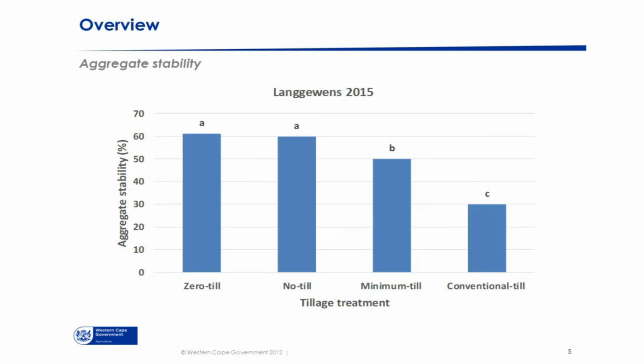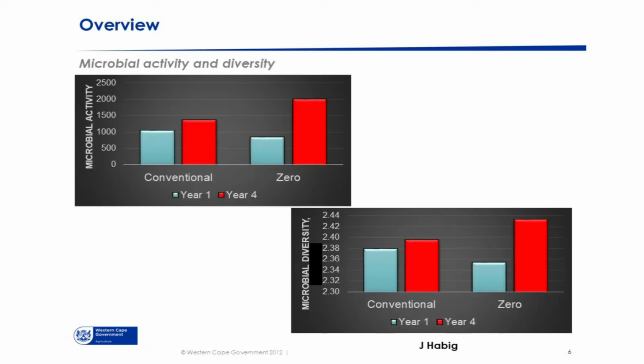Now, the increase in carbon content will also result in an increase in aggregate stability, and that means that the soil becomes more crumbed. The aeration of the soil is good. Here you can see when the soil is conventionally tilled, the aggregate stability decreases, and there are consequences related to that. Important, the microbial activity changes, and that is, if the carbon content changes and the aggregate stability changes, the microbial activity and diversity changes, and that is where the soil life starts.